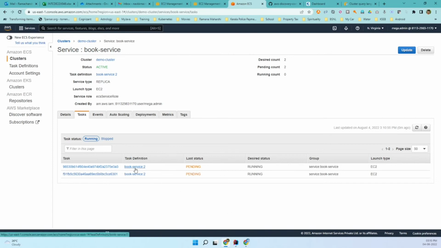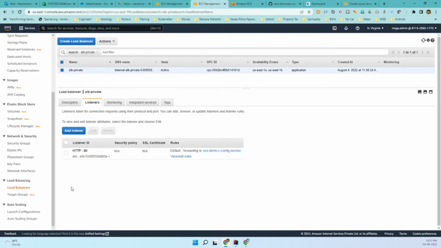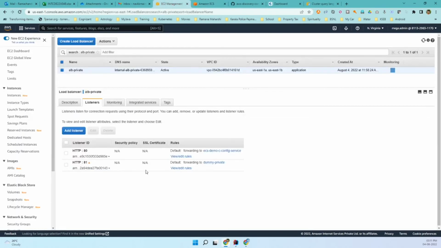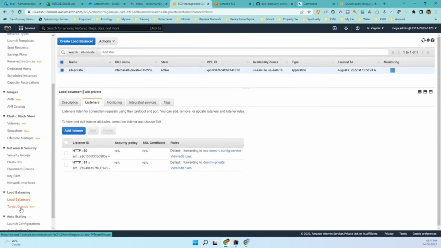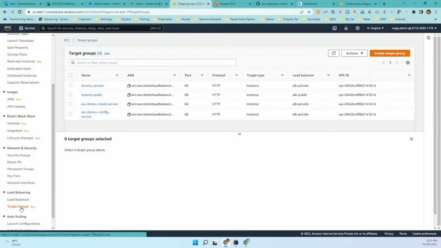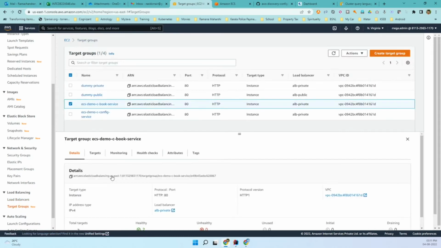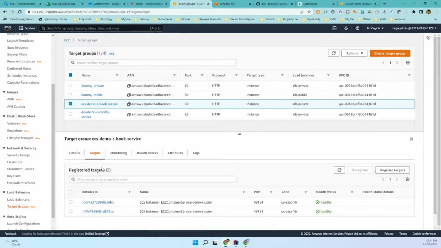So 2 instances of the booking service have happened here. Let us go back to the console. I think we have opened up two. Let us just use one. And then the first thing we need to do, let us go to the target group. So as you can see here, a new target group has been created. Let us go to the targets and see, of course, two instances of the book service are up and running